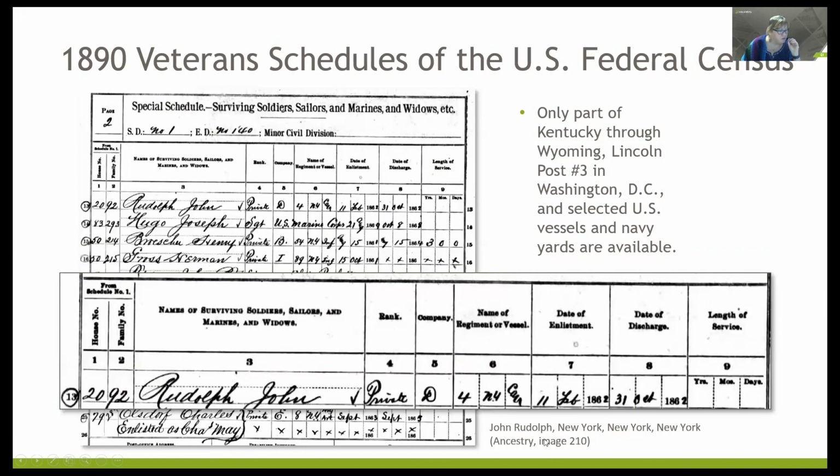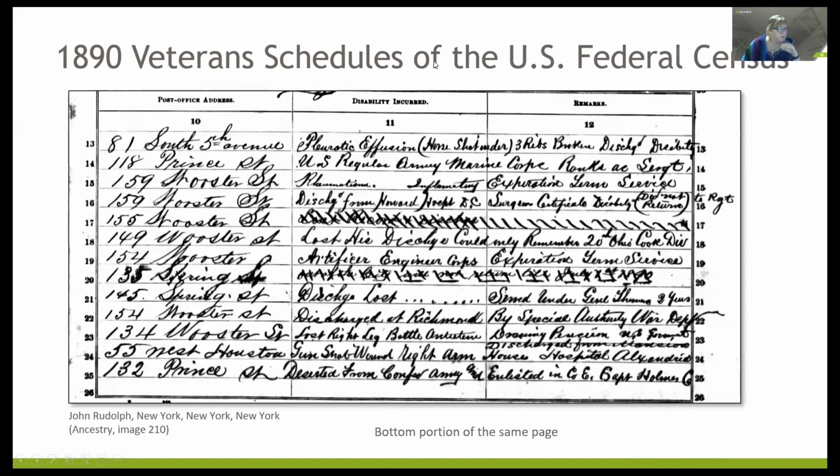Always remember too, when you go to look at a record, you want to look all the way around the record. At the bottom of the page, sides, make sure there's not 2 pages, page forward, because a lot of records are multiple pages. So this is a really good example of why, because you may look and say, okay, there's my guy on this line here, and then you don't look further down, and here's where a lot of the good stuff is. This is where you have their address, and that's going to help prove that that's the right person. You have information about disabilities.